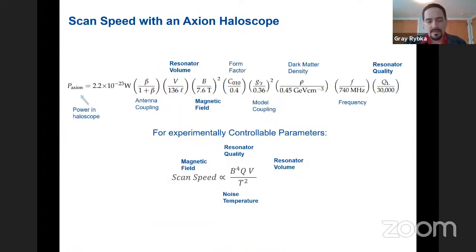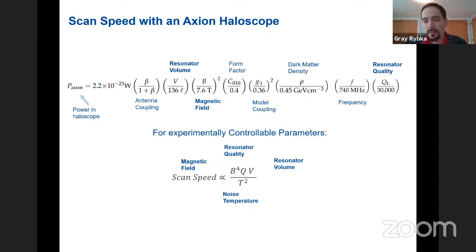If you want to get into the nitty gritty, I apologize, but I guess we got to show equations once in a while here. But you can see that the things that go into seeing an axion signal have to do with how well coupled your antenna is, how big your resonator is, and whether your magnetic field is high. There's a form factor, which is how well the axion field overlaps with your resonance. There's that g_gamma, which has to do with the model coupling. That's KSVZ or DFSZ or something else. Of course, more dark matter density makes a bigger signal, and the frequency and the resonator quality factor come into